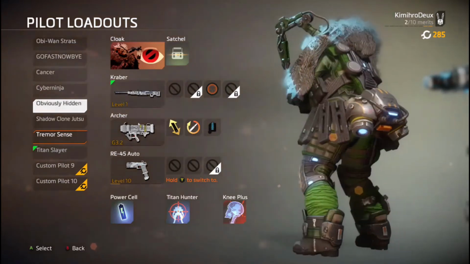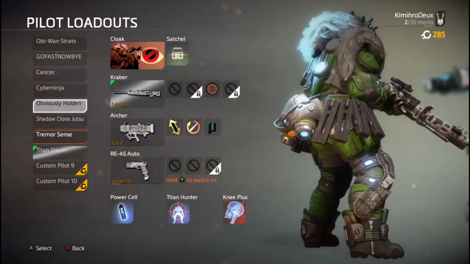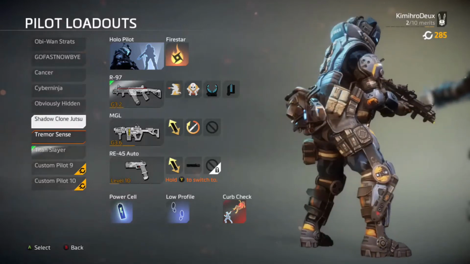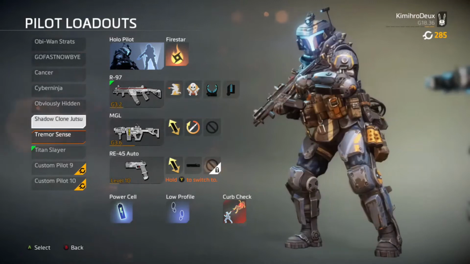I use it for Titan Slayer builds, but be careful. Your footsteps and jet trails are the biggest giveaways. The Holopilot excels not just in the art of deception, but again, delaying the decision to pull the trigger. Although you can use clones to draw fire and reveal the position of the enemy, this comes in particular use